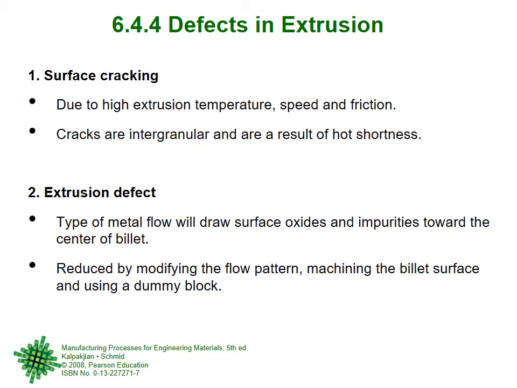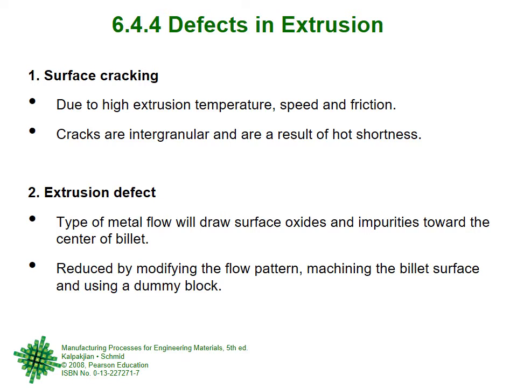So here what we are saying is that if it is cold extrusion, then we need a lot of pressure to force the material. So there is high friction between the container walls and the billet material because the pressure is large. This high friction, together with the speed of extrusion: as soon as you increase the speed of extrusion, we have seen earlier that the extrusion pressure increases. So already we are extruding at some pressure and there is some friction, and when there is a speed of extrusion, then the pressure required increases.